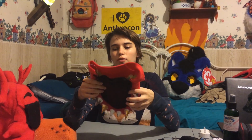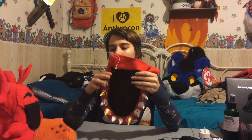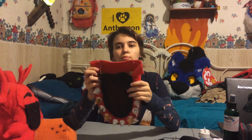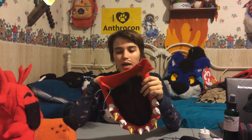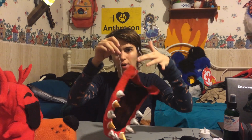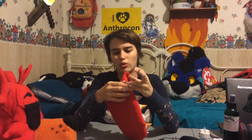Foxy's jaw is made pretty much the same way as the head. It's foam covered in fabric with the little teethies glued on. And in order to make the jaw flop around, I decided to make it a separate piece. And I wanted it to dangle, so I was gonna put string through it and hang it. But then I was like, why string when I can use little wires? Because he's a robot! So I got these little wires, and I actually had a whole box of them. I don't know what happened to them, but